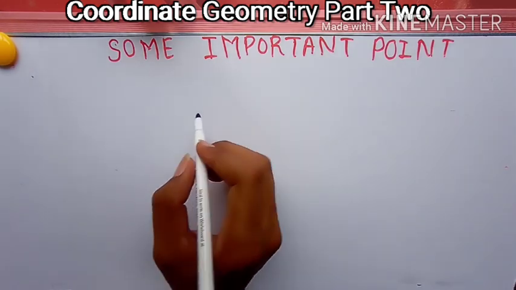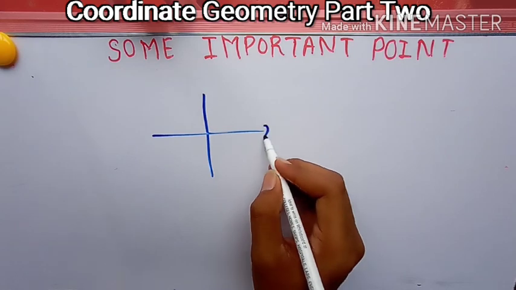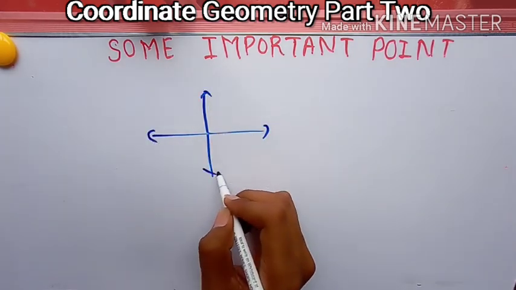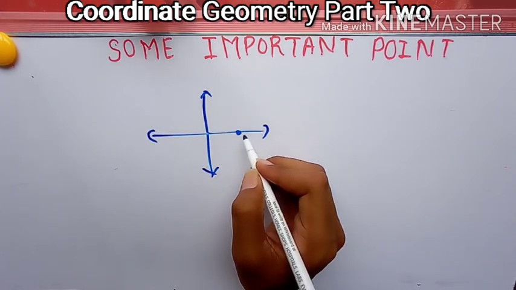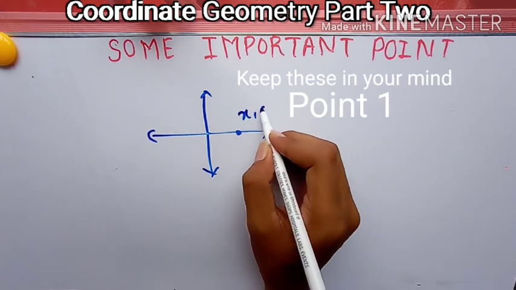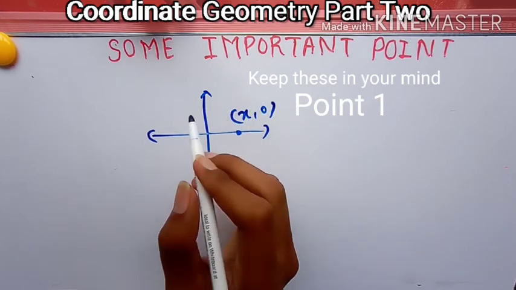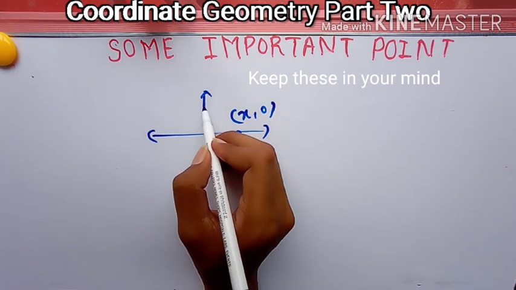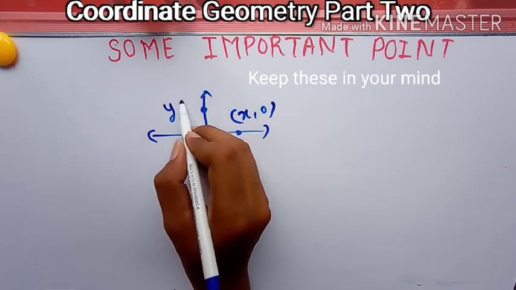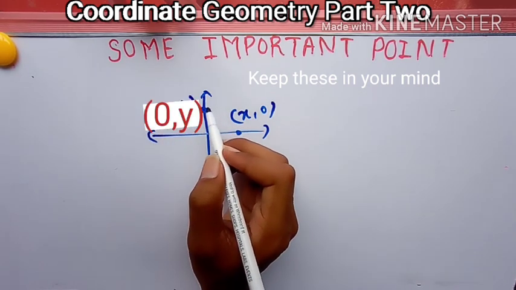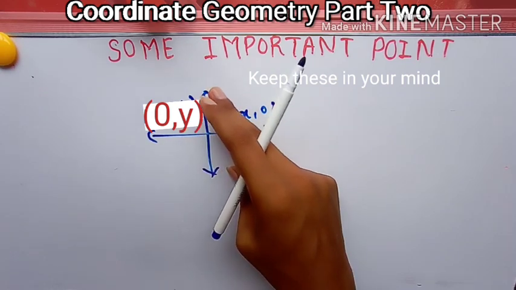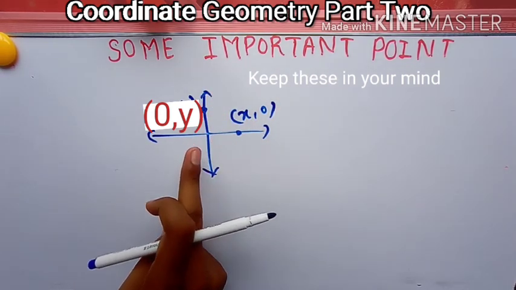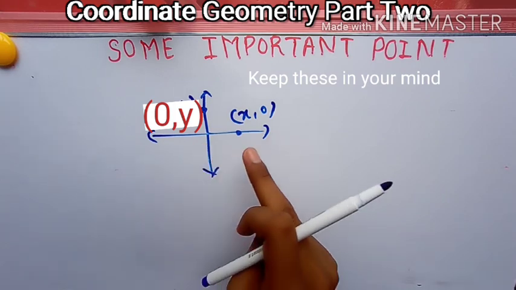This is totally related to your Cartesian system, what you learned previously. If any point you have to choose on the x-axis, you will choose it as x comma 0. Did you understand this? Any point you have to choose on the y-axis, this is the y-axis, no matter whether it is in the negative part or x is negative, you have to choose only x comma 0 and